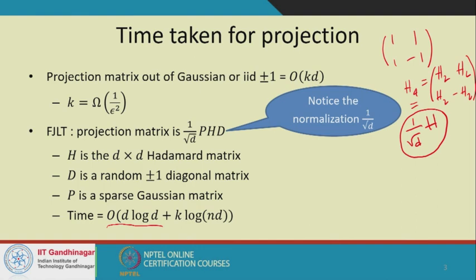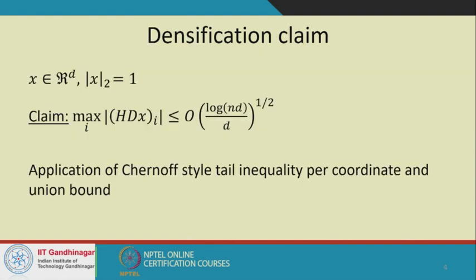P has a small number of non-zero entries. Okay, and the densification claim that we had, just to remember that, recall that here H refers to the normalized Hadamard matrix. The densification claim is that for any fixed x that satisfies L2 norm 1, if you look at the maximum coordinate of HDx, that is